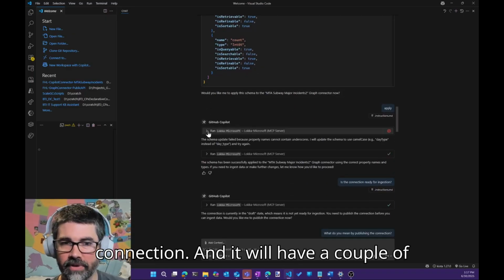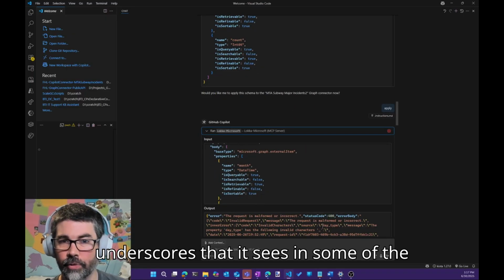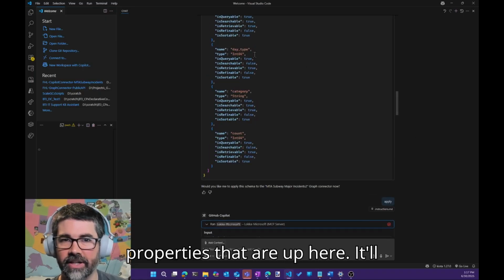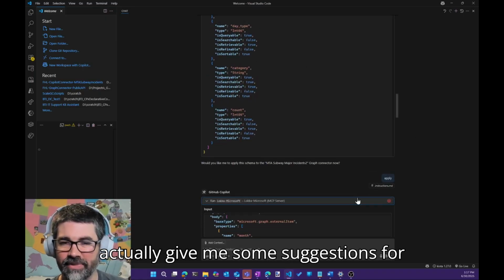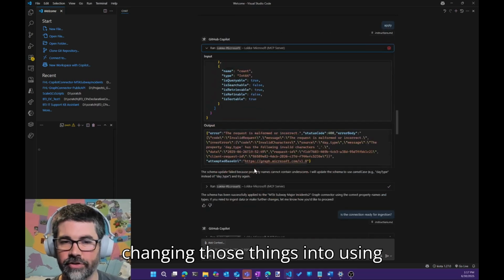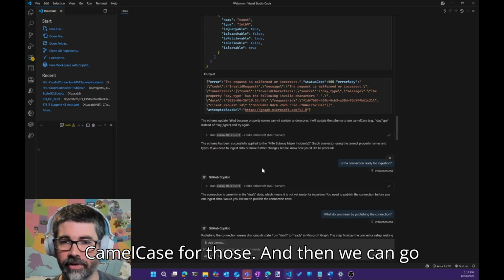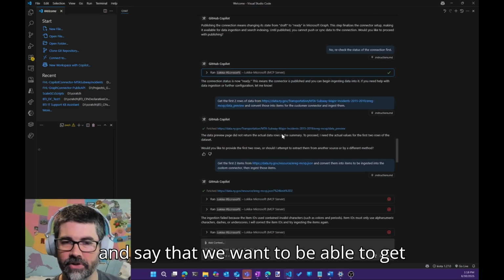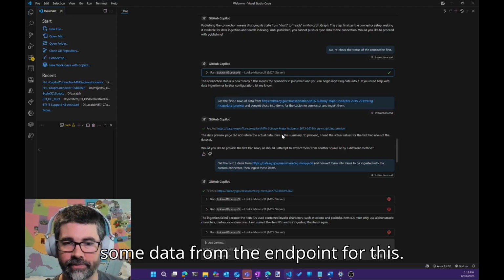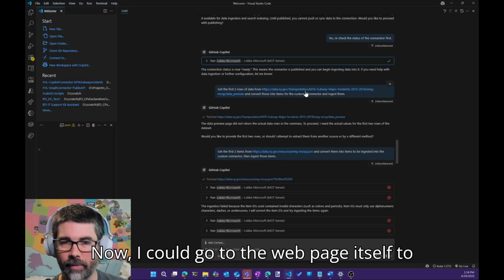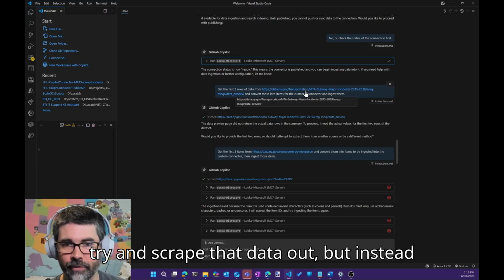It will have a couple of issues, you'll see, in terms of the underscores that it sees in some of the properties up here. And it'll actually give me some suggestions for changing those into camel case. Then we can say that we want to get some data from the endpoint for this. Now, I could go to the web page itself to try and scrape that data out, but instead